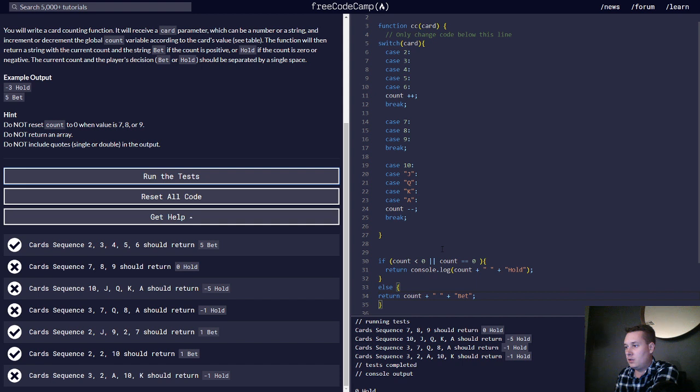If 7, 8, 9, so if the count is less than 0, or the count is equal to 0, return